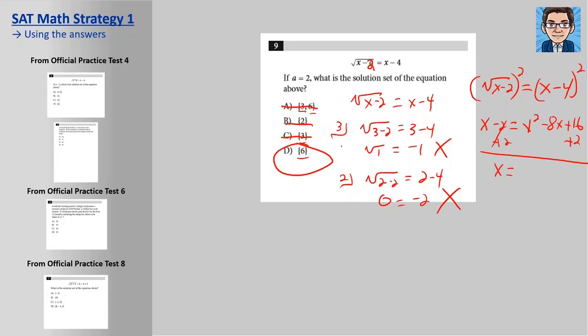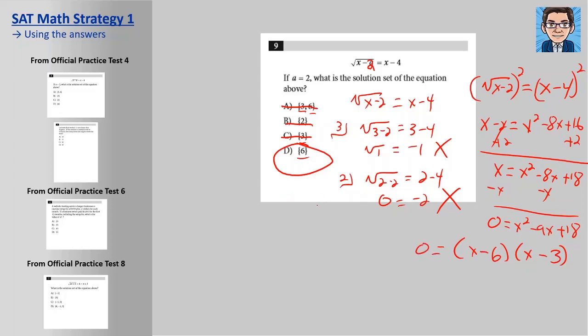and get x equals x squared minus 8x plus 18. Then we'd have to subtract x from both sides. 0 equals x squared minus 9x plus 18. Then we would have to factor it. What are 2 numbers that multiply to 18 and add up to 9? So we'd have to do 6 and 3. Then we'd have to set each one of these equal to 0 and get x equals 3 or 6 as